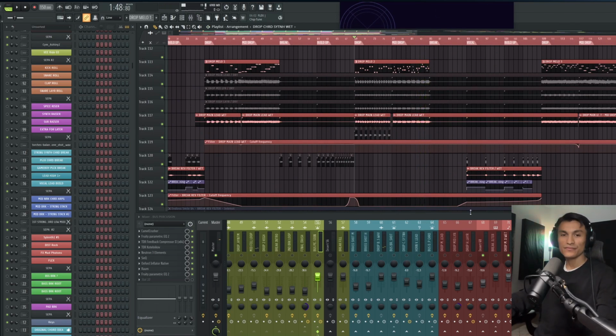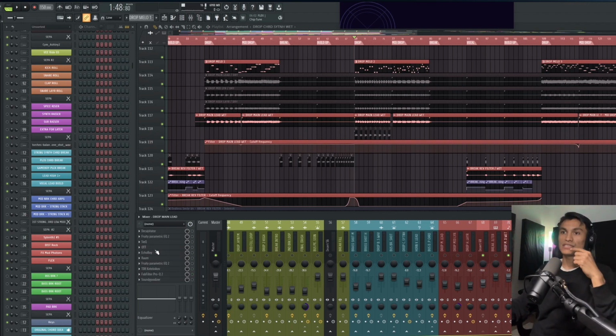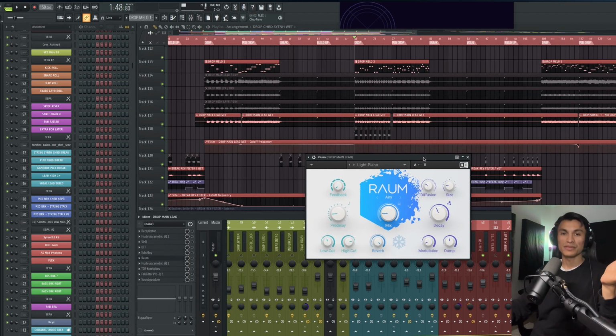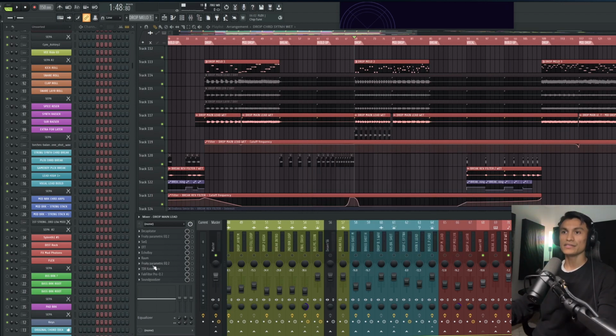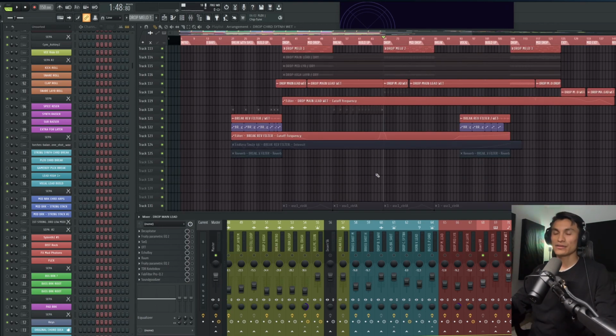And for the processing for the melody, let's see which one is the bus channel. Okay, I think it's filter. So this is the bus channel for this one. As you can see, I have Decapitator, an EQ, SciQ, OTT, Echo Boy, the same reverb preset as I mentioned before, Round, an EQ, a compressor, another EQ, and just to add that extra detail, Sausage Fattener, as you can see over here. I think I just need to show you one other section over here, but let me play a little